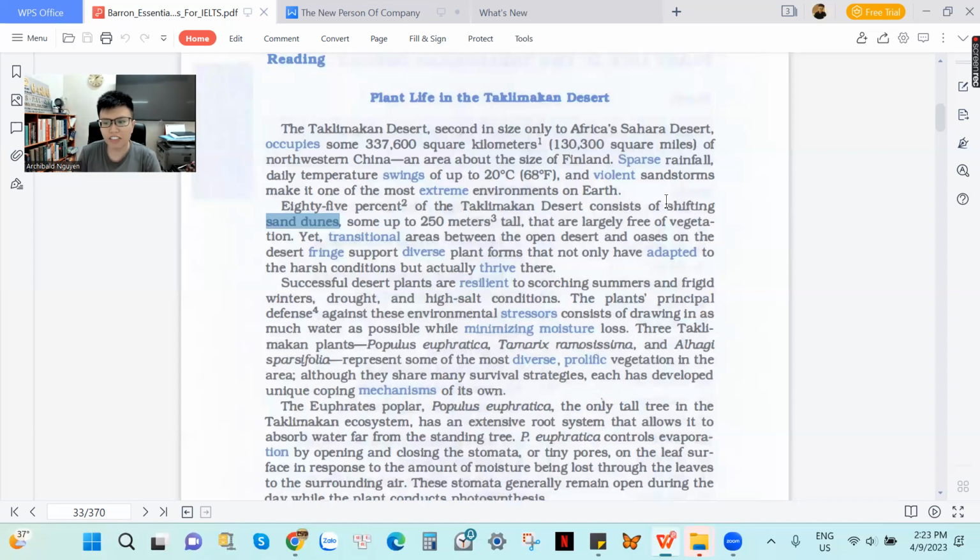So that is it. Shifting sand dunes means the sand dunes are created in lots of places in the desert. And here, when the wind blows very hard, the wind will carry the sand bit by bit. So the shifting sand dune means the moving sand dunes. Moving sand dunes doesn't mean that the sand dunes can walk on their feet and go like human beings. No, of course not. Shifting sand dunes mean this place we have sand dunes, but another place in the desert or other places in the desert, we still have sand dunes because the wind carries the sand all over the